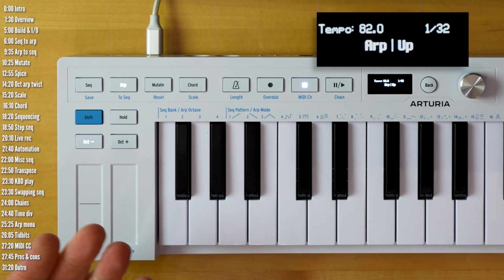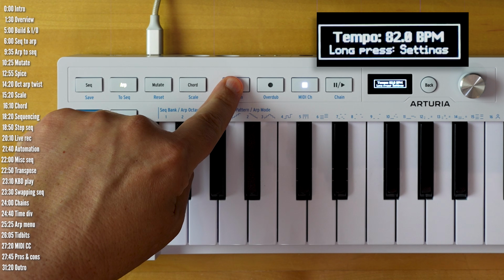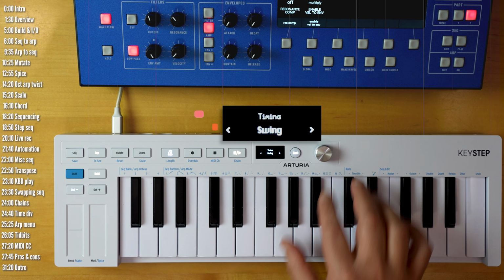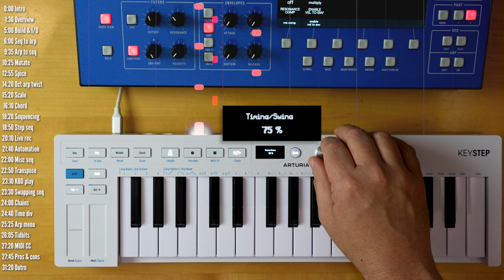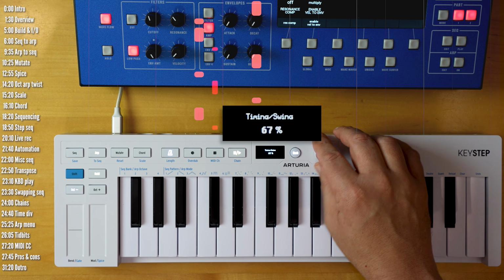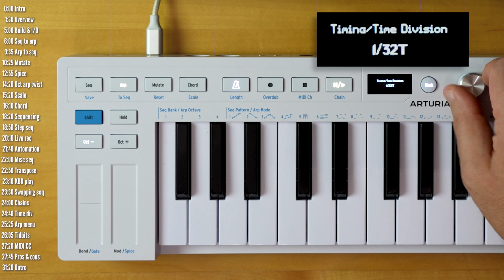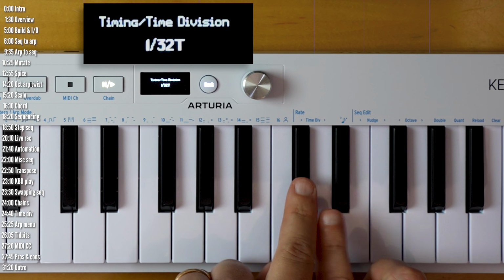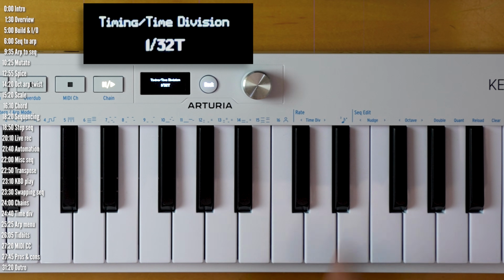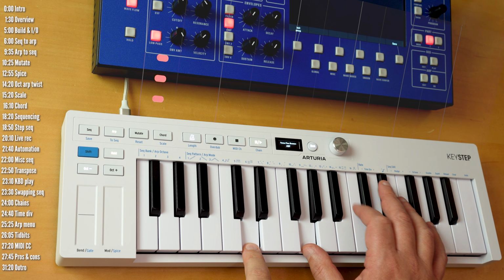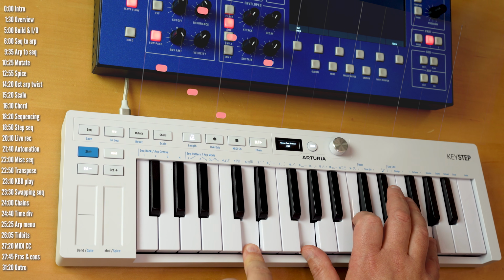A few other miscellaneous items. If we hit the metronome menu, you'll see that we've got a swing option. So that would work as you'd expect. You can also set the time divisions here if you want, but it's much faster using the time division up, down, and subdivision key. Another little tidbit, if you press hold, then you can keep adding notes to arpeggiated patterns